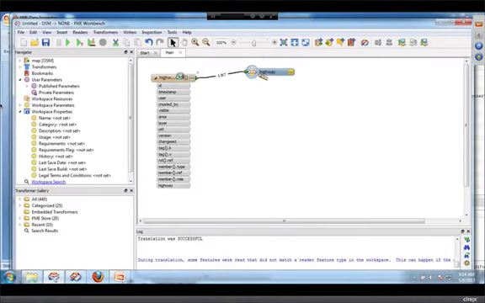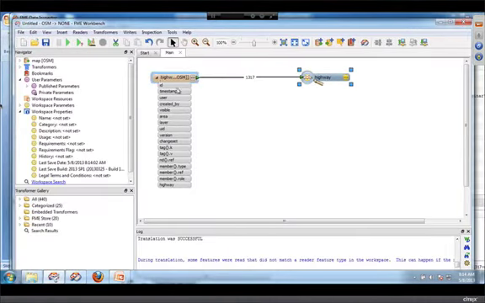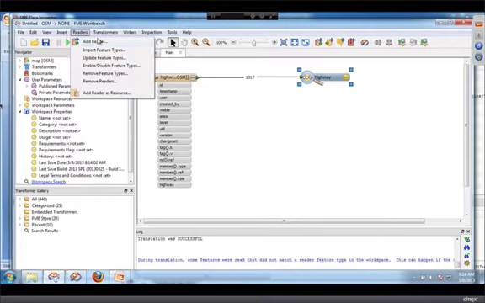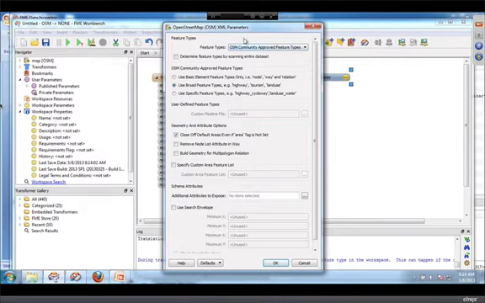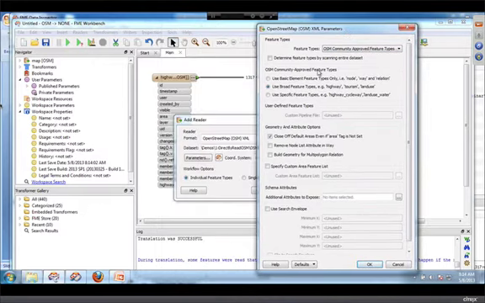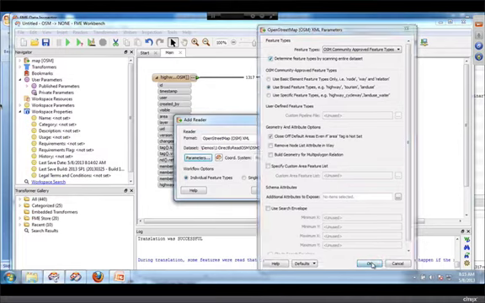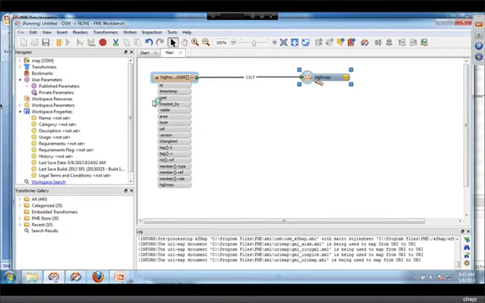Go back over to this one over here, and you'll see that there is no name and only some attributes. So what I'll do is create another OSM reader for the same file. We'll look at the parameters again, and we'll see that we're just using the OSM core feature types and attributes. But users, as they collect data, are allowed to add other attributes to the OSM. If that's the case, as it is here, I can simply click on the feature scan mode, and now when I load it up,